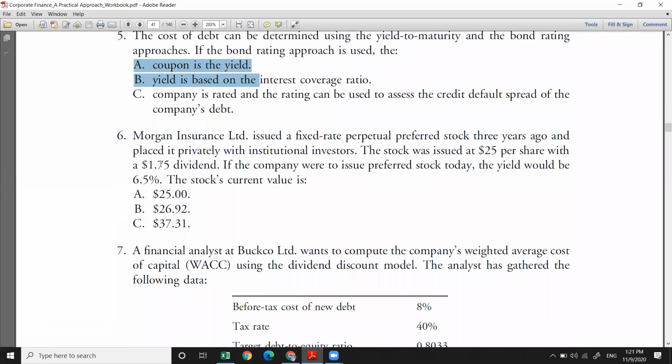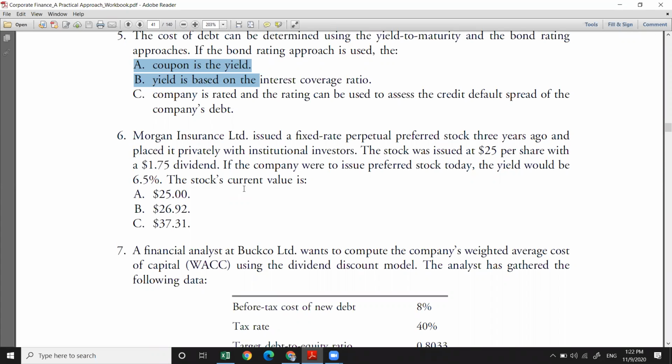Question 6. Morgan Insurance Company issued fixed rate perpetual preferred stock 3 years ago and placed it privately with the institutional investor. The stock was issued at $25 per share with $1.75 of dividend. If the company were to issue the preferred stock today, the yield would be 6.5%. So the stock's current value is equal to,